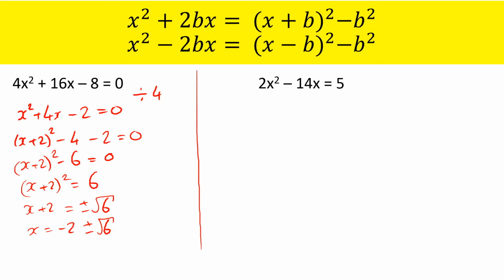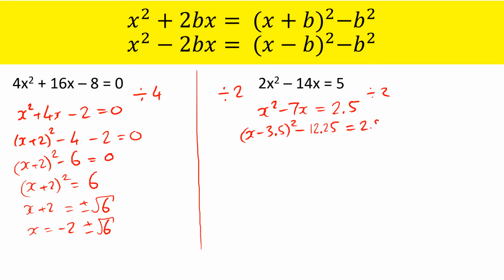With the other one, a little bit more complicated because we're going to have some decimals involved now. But we start by dividing by 2. And notice I don't even need to bring the 5 over, really. But you do have to divide everything by 2, so that 5 needs to be divided by 2. And then complete the square, so that's going to be x minus, what should we use? Let's use decimals. 3.5 squared minus 12.25